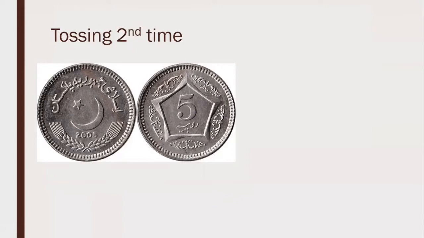The first time you tossed the coin, you got a head or a tail. The second time you toss a coin, you can either get a head or a tail, and there will be a combination. It can be either first head, then tail; first head, then again head; first tail, then head; first tail, then tail again. So there can be two heads, two tails, or a head and a tail in two different ways. In order to express this, we can make a table which is known as a possibility diagram.